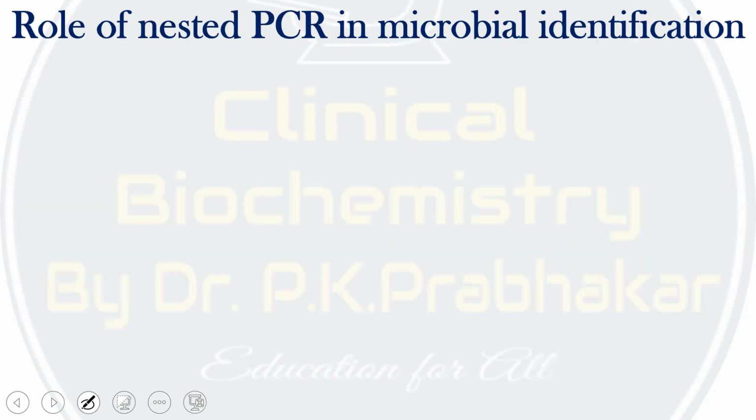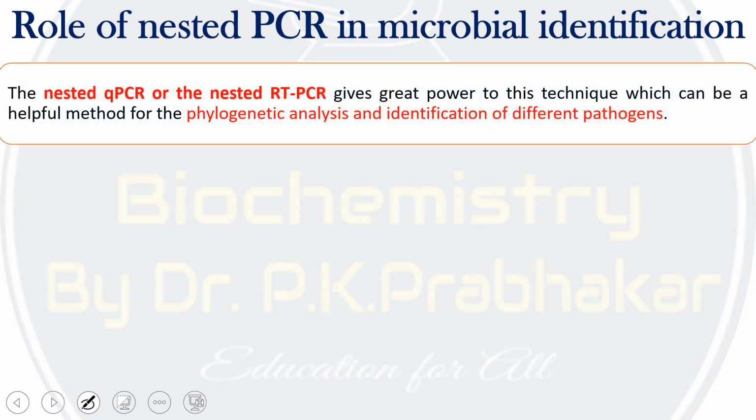Then how is this nested PCR going to be used for microbial identification? First, we are going to use nested qPCR or nested RT-PCR, because we are going to use the 16S ribosomal RNA, or 18S ribosomal RNA in case of eukaryotic identifications. So that's why we require RT-PCR. It gives great power to this technique, which can be a helpful method for the phylogenetic analysis and identification